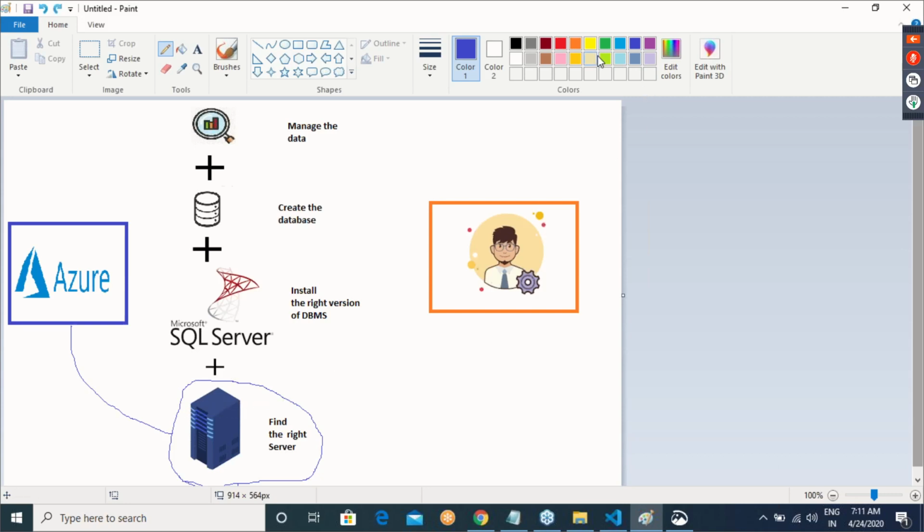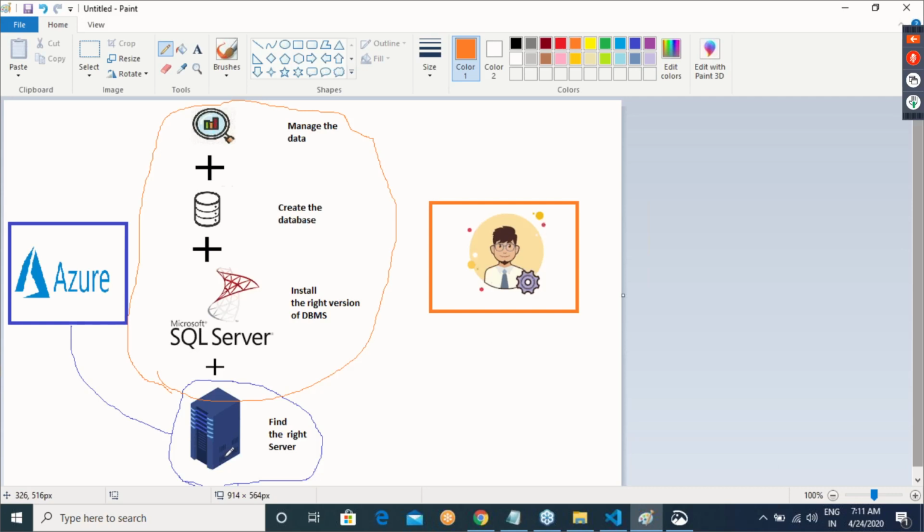Oh, sorry, I think I need to change the color. You need to manage this. So for example, who will patch the server? Again, your responsibility. What Microsoft can do is give you the server with some operating system built in.